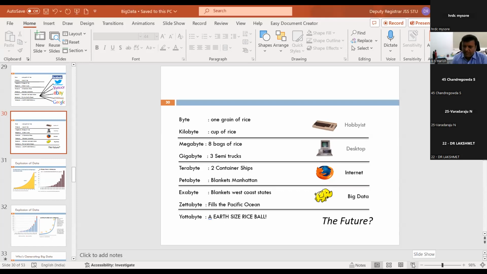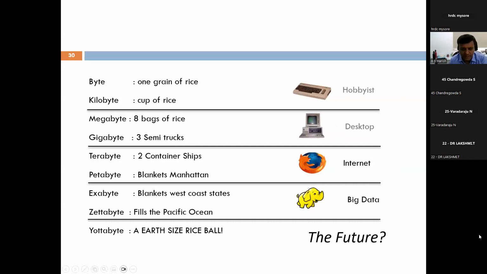Okay, so this is where we stopped during the last break, right? But ultimately, we are more worried about the future, right? So why is this data getting so voluminous, and who is creating this data and how to handle it? All these things we'll try to discuss in the present session.